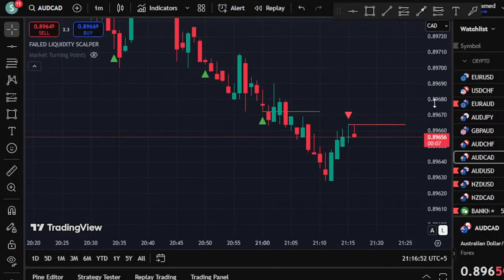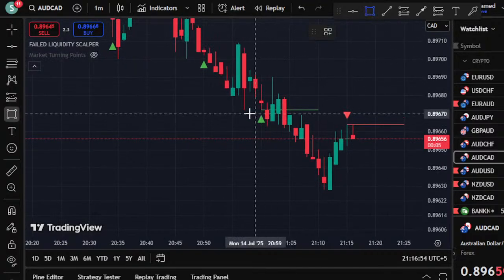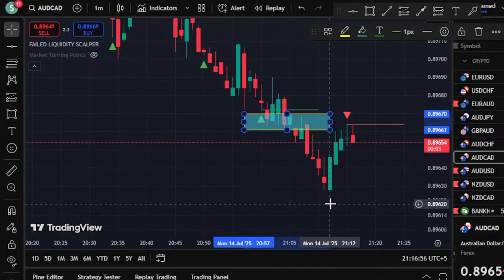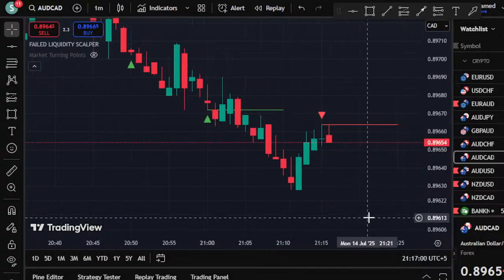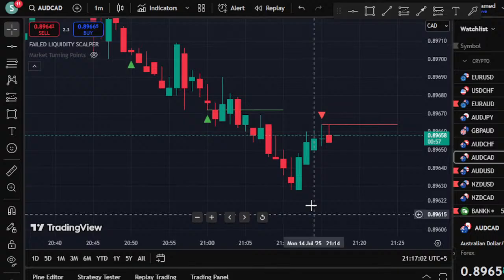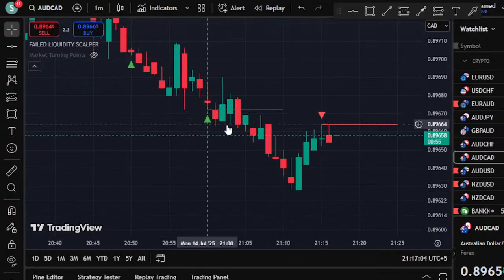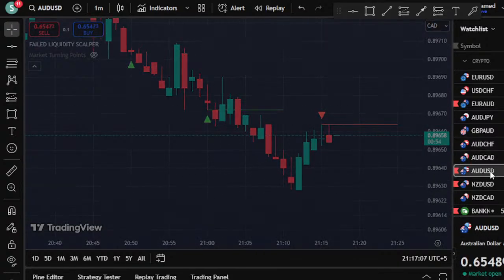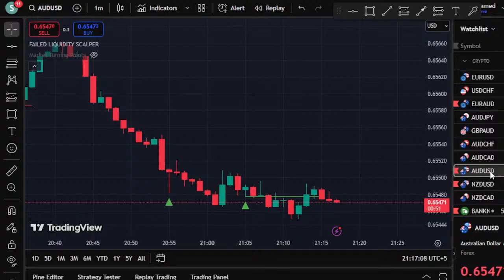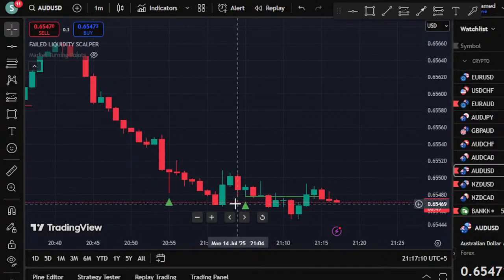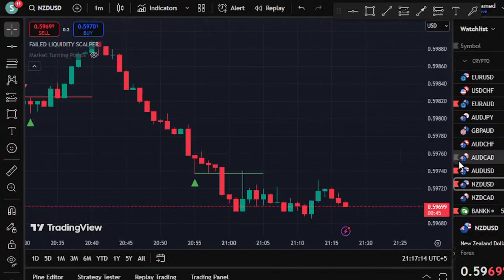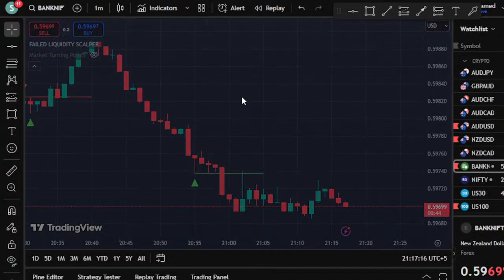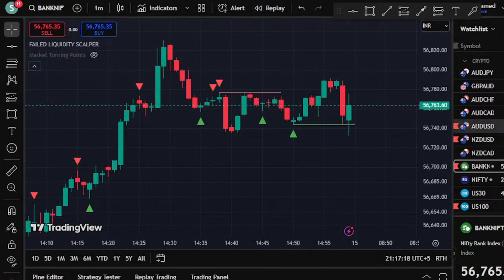Okay, now AUDCAD, just look at this, it is rejected on the 1 minute. You can see a sell chance. Not all the signals are wrong. This is not called a wrong signal. Basically this is the liquidity failure. This was also a liquidity failure. You can see price is down. Right now the time is not good and the market is simply ranging.